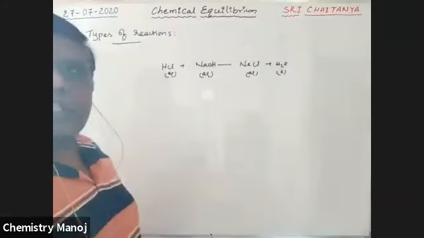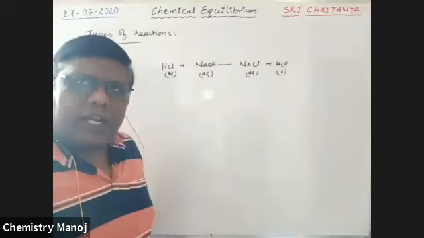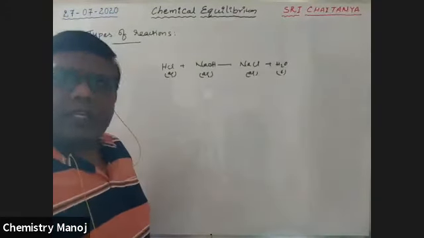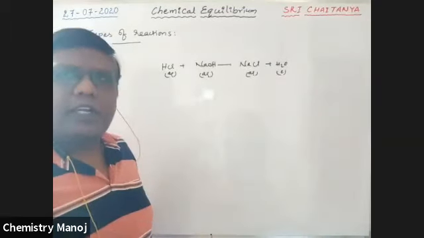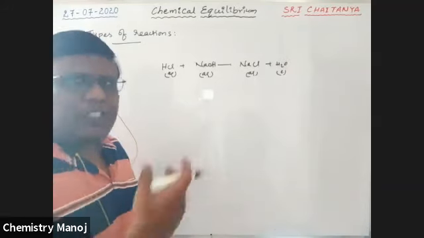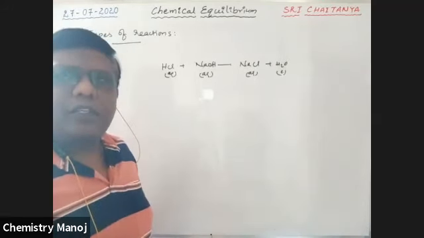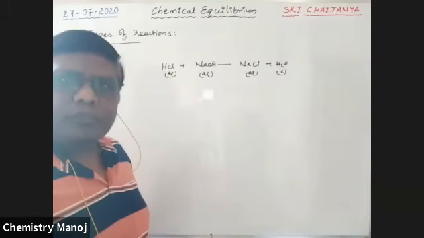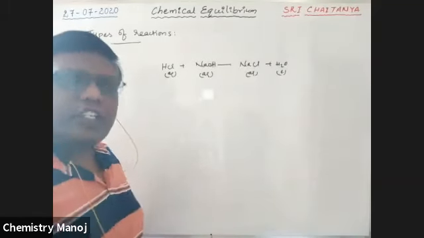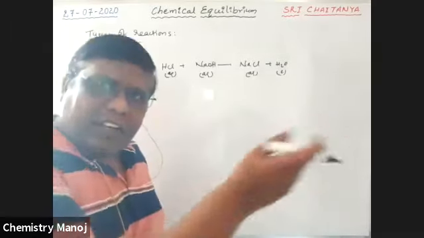No doubt we know this equation is called a neutralization reaction. During this process, heat energy is released. That released energy is called heat of neutralization. We know how much is the value. That is minus 13.6 kilocalories or 57.3 kilojoule per mole. That much heat is released. It is a neutralization reaction. So that is the energetic way.